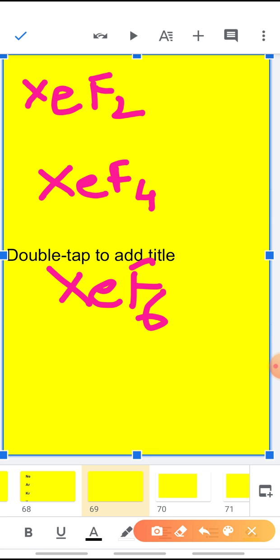Now these types of compounds are the binary compounds of xenon, or you can say the binary fluorides,